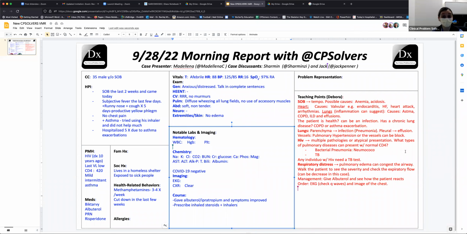I have loved this case so much, Madalena. Thank you so much for presenting it, because my spiel is that any case is a good case. There's just so much to discuss about management, like when would you send someone to the ED, when wouldn't you, and how do you reason through that? So I think diagnostic reasoning is so valuable in a condition that we see often, and also thinking more about the therapeutic reasoning and how to manage. I thoroughly enjoyed this. Thank you, Madalena. I hope the patient did well.